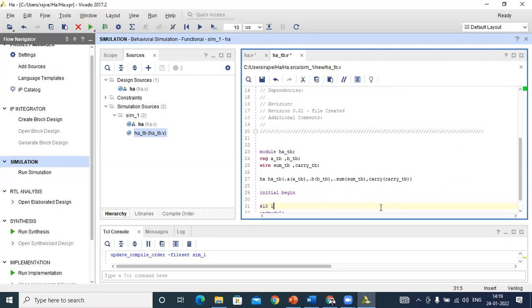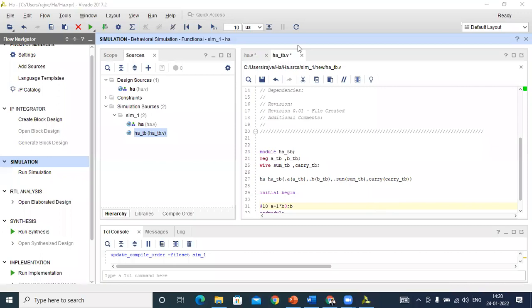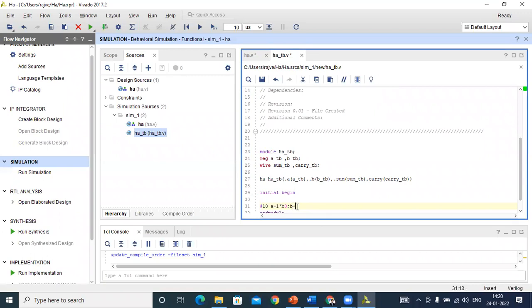We apply A equal to binary, this one, and value is 0, semicolon. And also we apply B equal to 1 in binary format, that value also is 0.